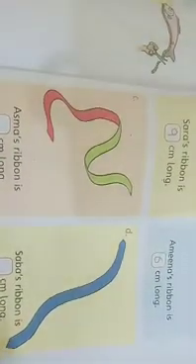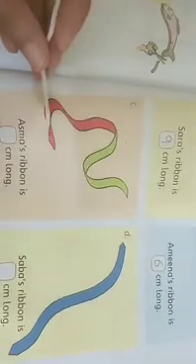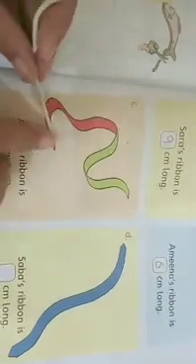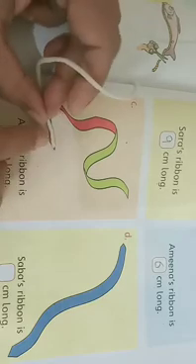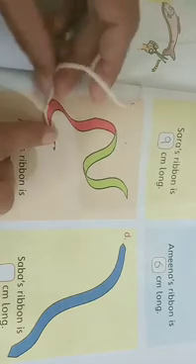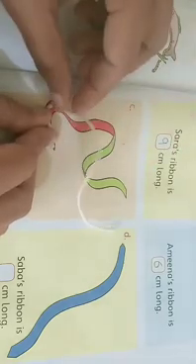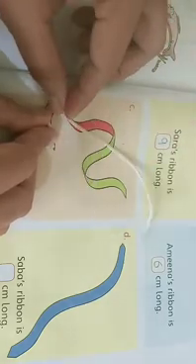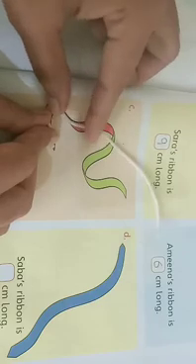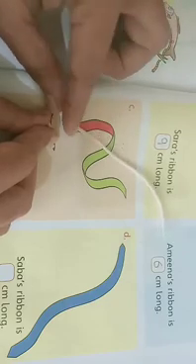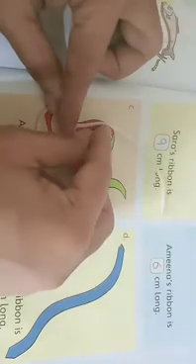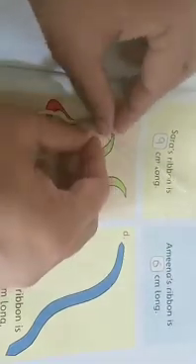At this time we will measure this. We will start from this end. I am going to measure this line like this way. Look at here.